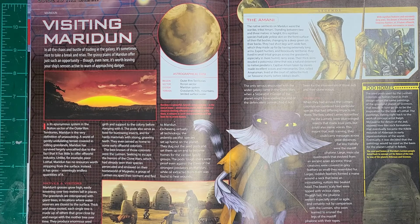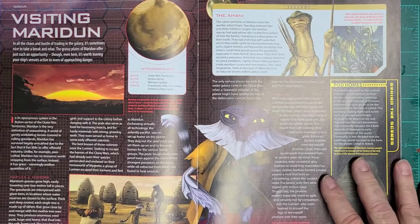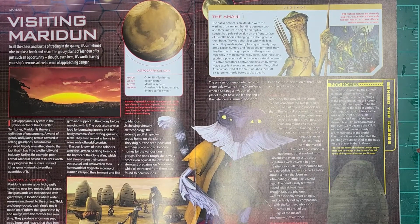Eschewing virtually all technology, the ardently pacifist species set up home on the planet. They dug out the seed pods and set them up on end to become homes for the various family groups. The pod's tough shells were proof even against the claws of the strongest predators on Maridun, while oil extracted from them was found to heal wounds. The only serious encounter with the wider galaxy came in the Clone Wars when the Separatist invasion of the planet might have spelled the end of the defenseless Lurmen had it not been for the intervention of 3 Jedi and